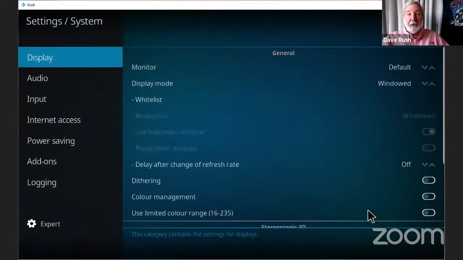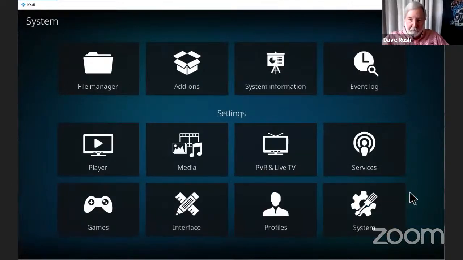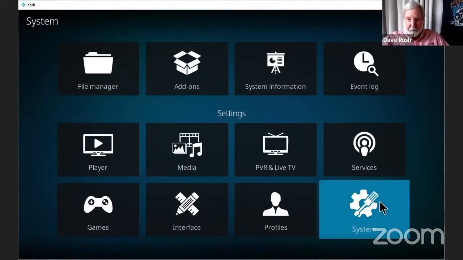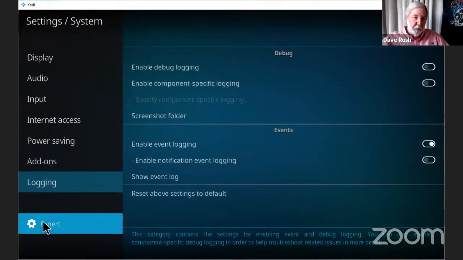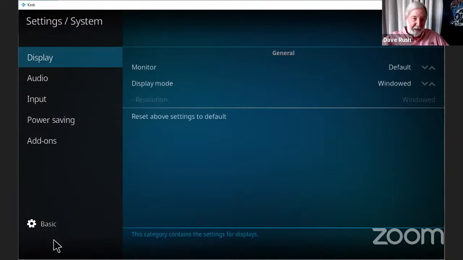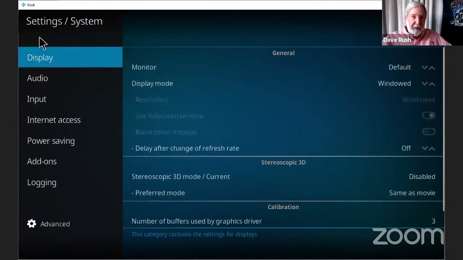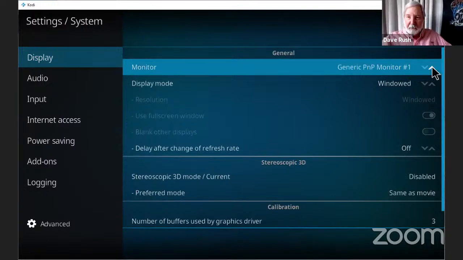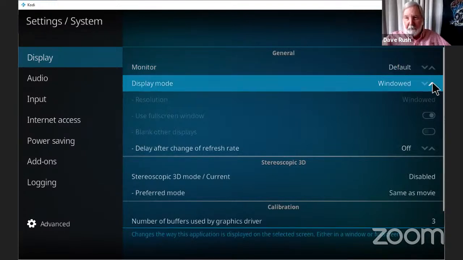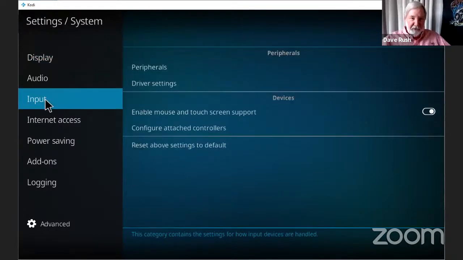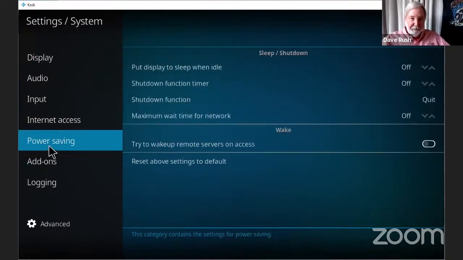This is one of the areas you want to spend your time in first, the system. This is the general system configuration. The first thing to do when you go in here, you will see that it's set to basic. So change it to either standard or advanced. I prefer advanced. Now, if you have a 2-monitor system, you'll be able to select between monitor 1 and monitor 2 or defaults. You can make it full screen or windowed. I made this one windowed so I can see the rest of my computer. But when I'm watching something for real, it's full screen. You get the idea. There are all kinds of settings to play around with here.